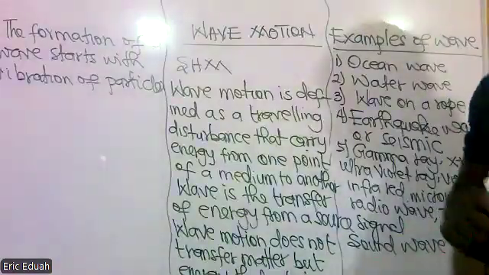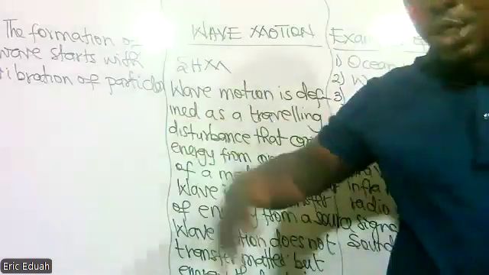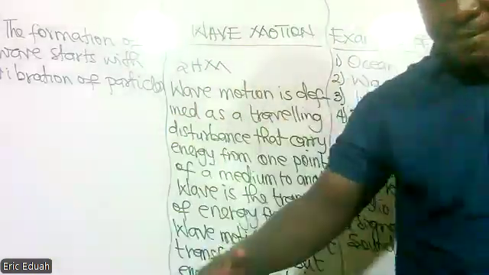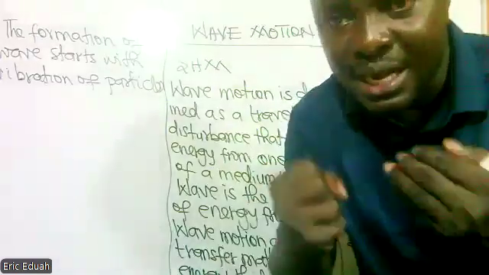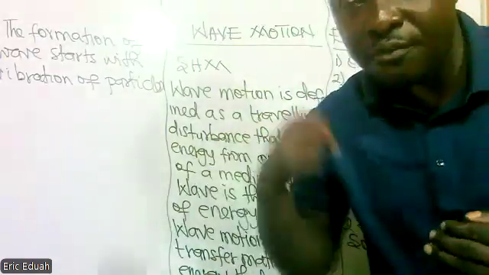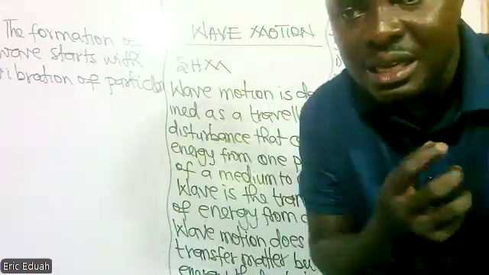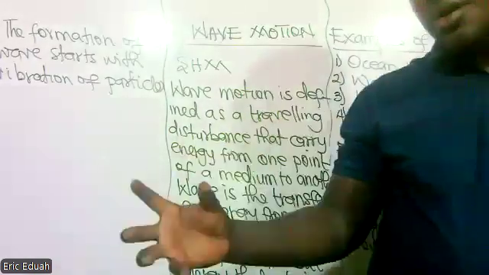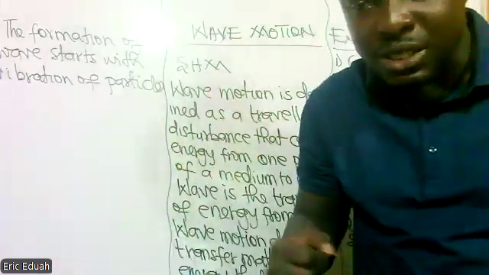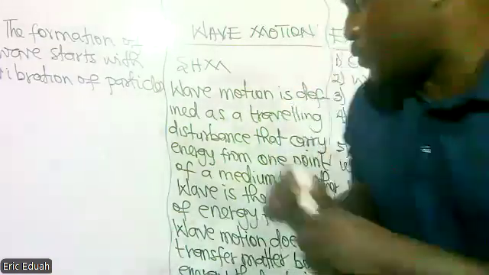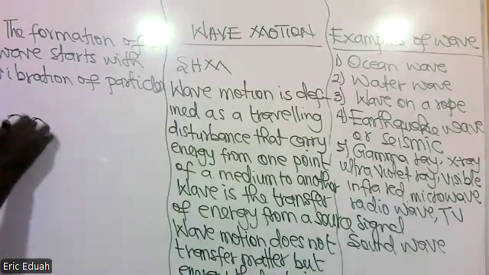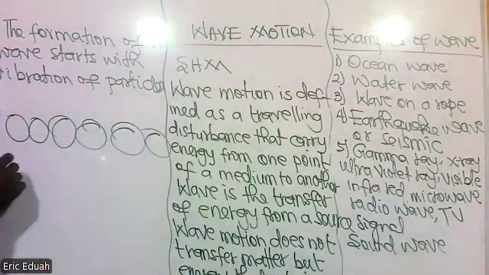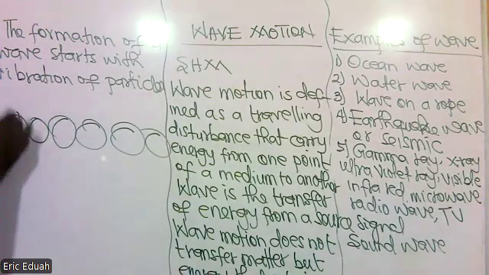The example I illustrated, the ocean wave: how it is formed is that strong wind blows on the surface of the sea. The wind splashes on the surface, and the energy of the moving wind is picked up by the water molecules. When the energy is received by the water molecules, it vibrates them. Assuming this is the first water molecule, second, in that order, continuously, this one receives the energy, then vibrates